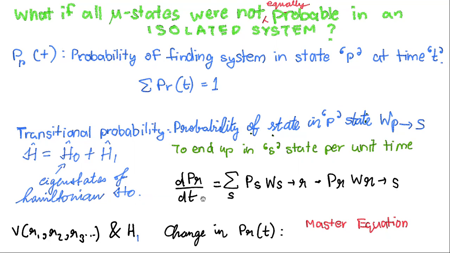And then in the most general case, you can write down the so-called master equation, which describes the rate of change of PR. So how does the probability of a system being in a state R change as a function of time? So d/dt, the rate of change with time of the probability of the system being in a state R, is proportional to